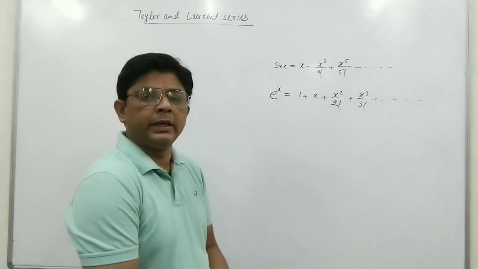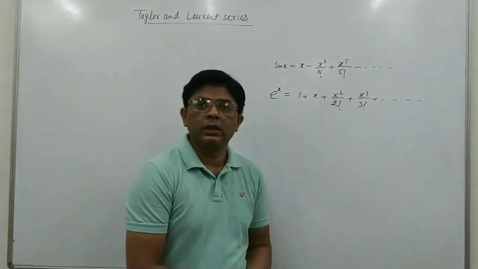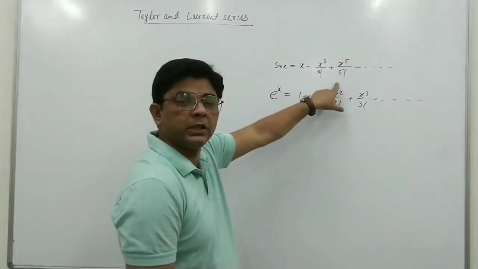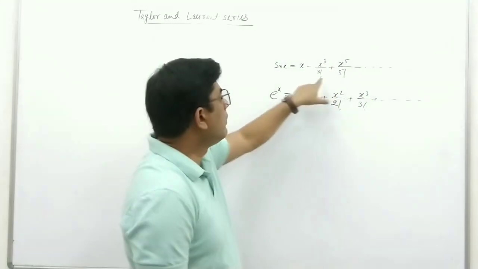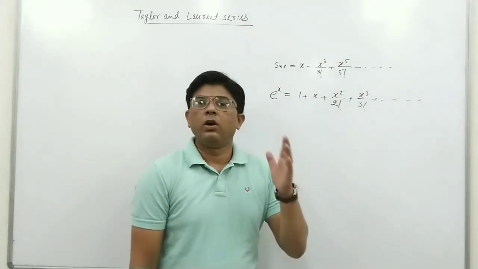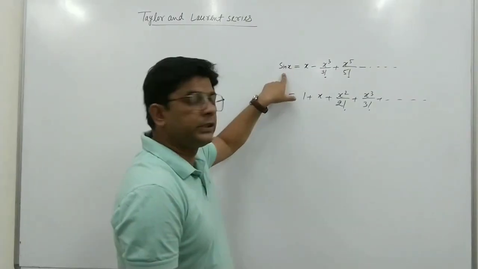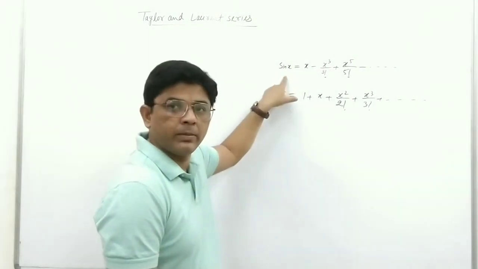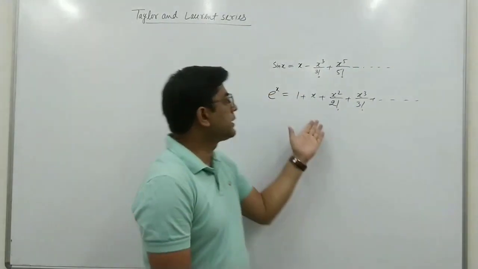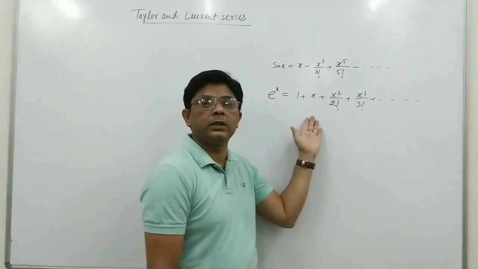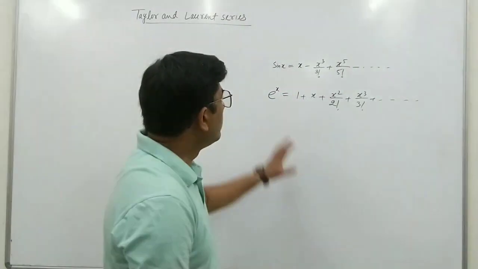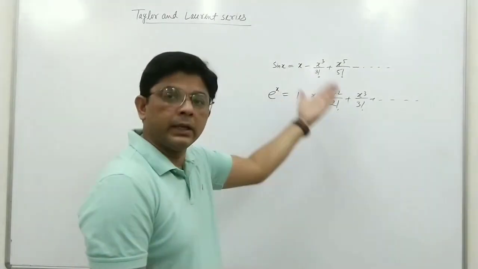Similarly, as we have already found in case of real variables, these expansions are called Taylor expansions. If we want to find these expansions, we need the derivatives of the given function. It means the function should be differentiable and we should have some point. These expansions I have written at the point, or we can say about the point x equal to 0 or origin. But we can also find these expansions about any other point.